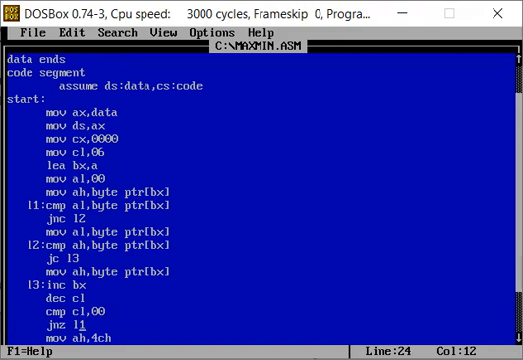Compare CL and 0. If it is coming 0, it will not jump to L1, and it will continue with the other statement. If it is not 0, it will keep going to L1, and the process will be repeated until AL consists of the highest element in the array, and AH consists of the lowest